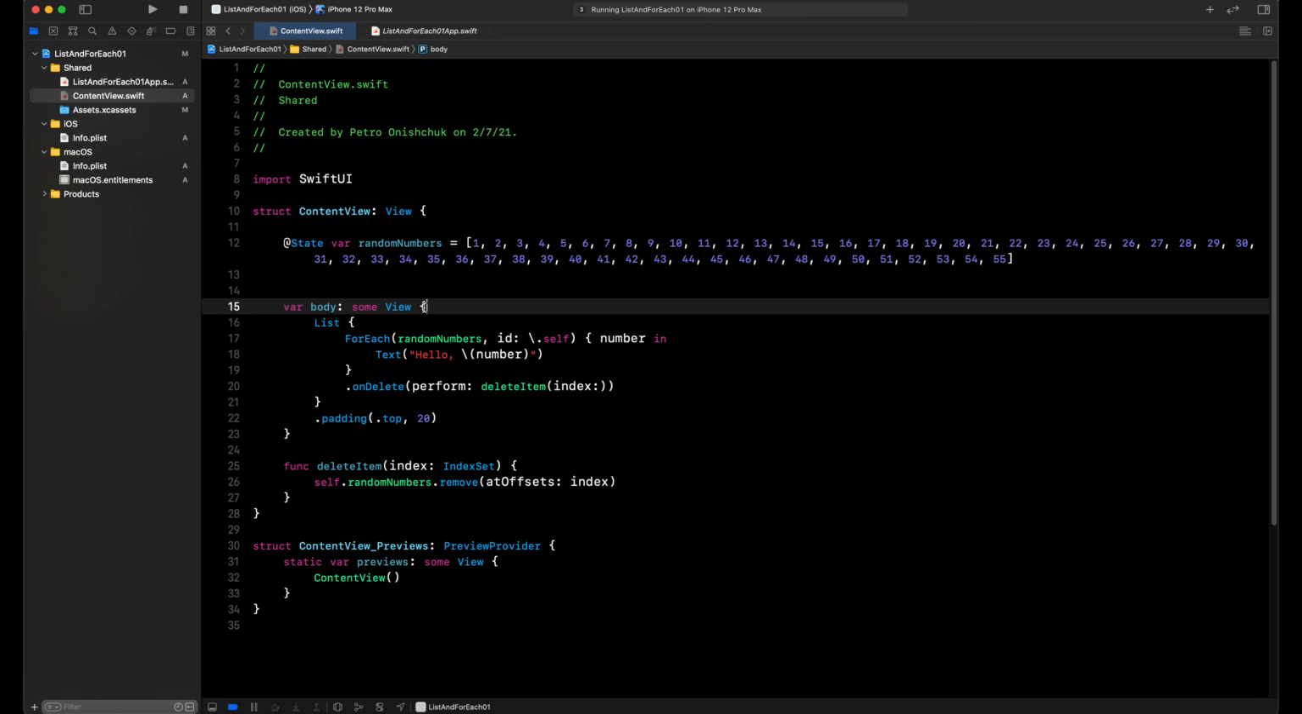first I create a function deleteItem. With this function, I will delete a number from our random numbers array, and then I set the onDelete modifier, and then put the function deleteItem inside this onDelete modifier. And when we tap delete on our simulator, our onDelete modifier runs the function deleteItem, and this function deletes the item that we select from our random numbers array. For example,